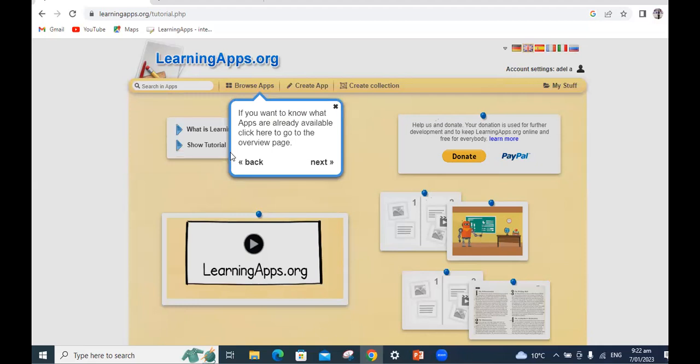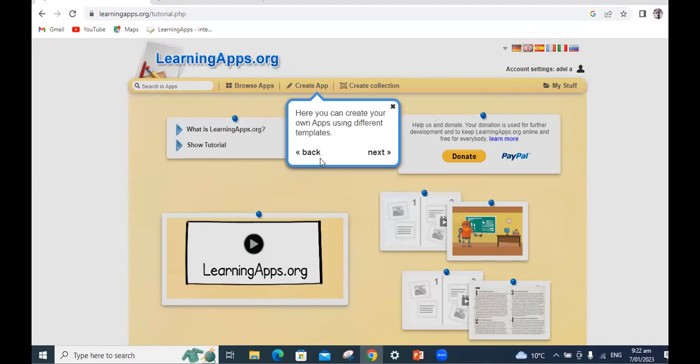Here, if you want to know what apps are already available, click here to go to the overview page. This page gives you different apps in different subjects, in English, in physics, in math, and so on. Here you can create your own apps. Create an app, you use the templates, and you create your own apps, and we'll do it now practically, inshallah.